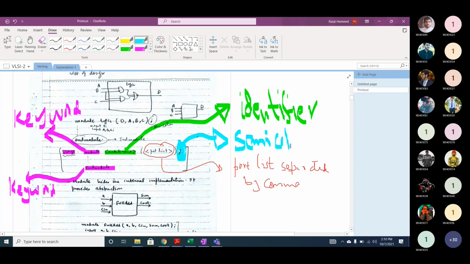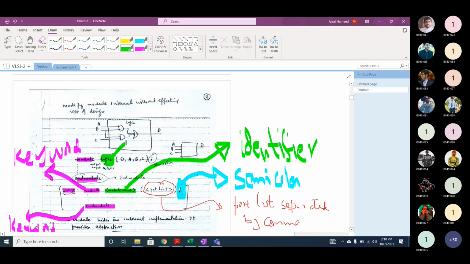Now in this module, you have to use the module keyword and the endmodule keyword. In this example, what is logic? Logic is an identifier, and it is the name of the module. How many ports are there in this logic module?